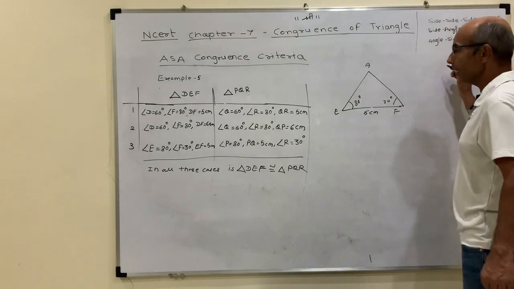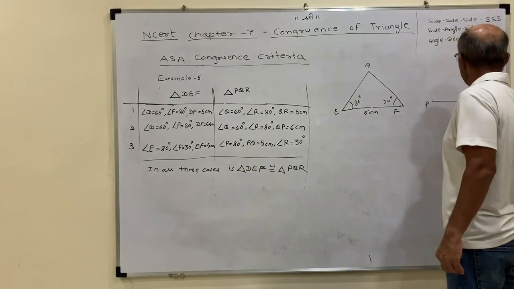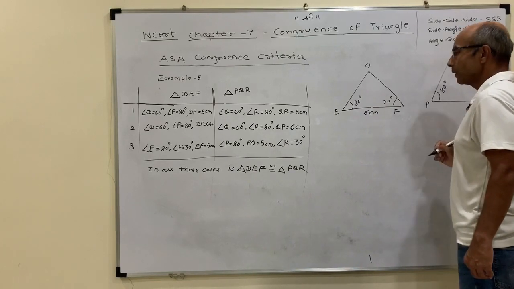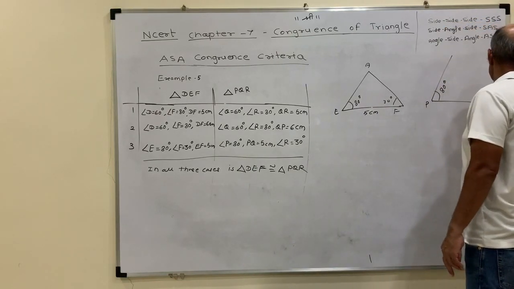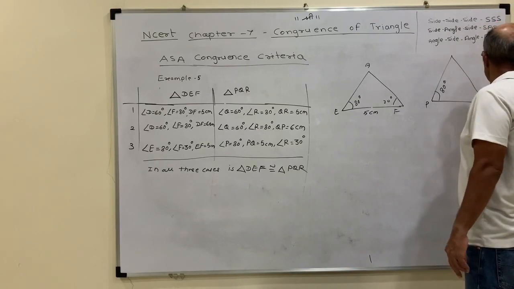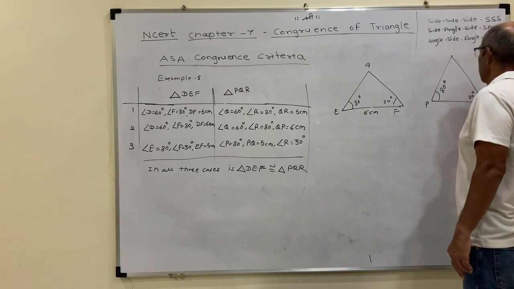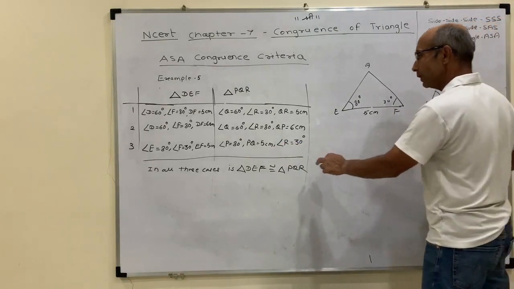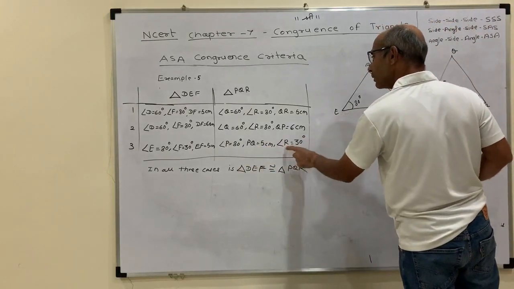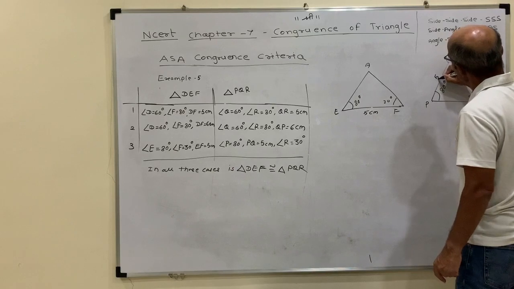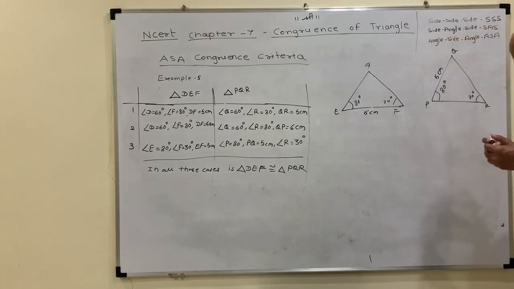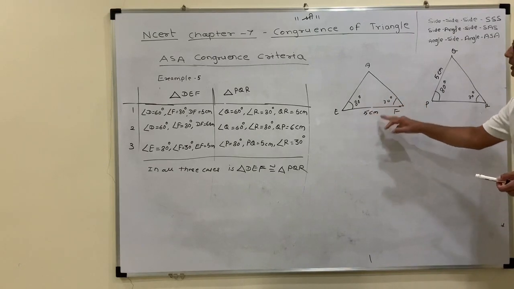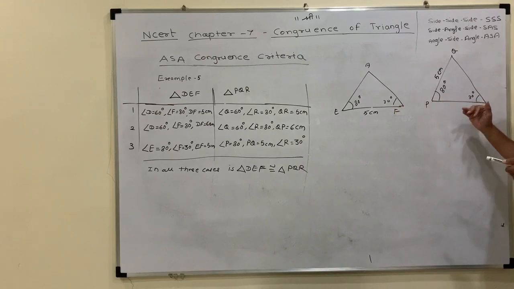Fine. Now I draw angle P here, my angle P, which is given as 80 degrees. Now angle R they have given, I treat this as angle R, which is given as 30 degrees. And let this be PR, PQ, P, and this is the Q. See, now angle P they have given, angle R they have given, and PQ they have given as 5 centimeters. Again see, here if they would have given PR, we could have used the angle side angle rule to prove that these two triangles are congruent.